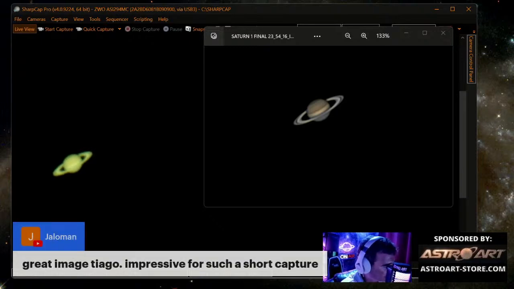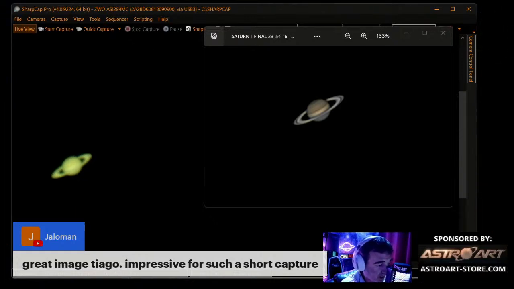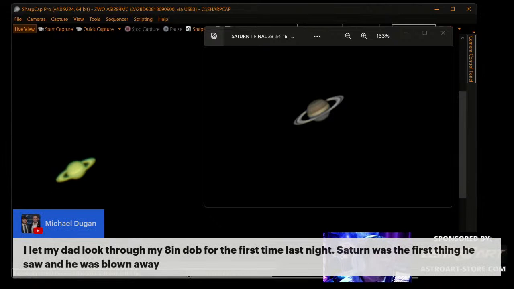Great image. Yes, it was just a short one. You need to be lucky. One trick is to control: I'm watching here live while I'm capturing. If I see suddenly the seeing is good, I can capture that part, and I know already when it turns bad again, you stop. It's a kind of trick. I used to do that more often.